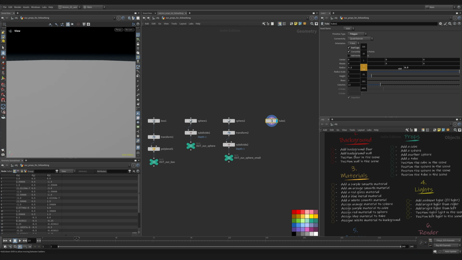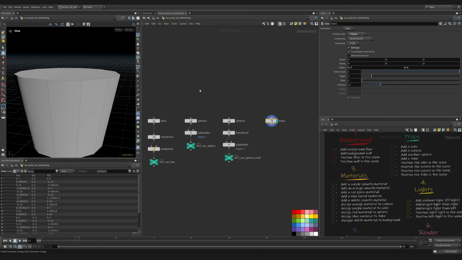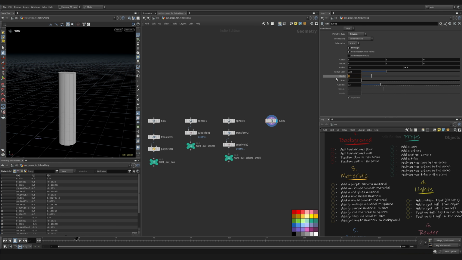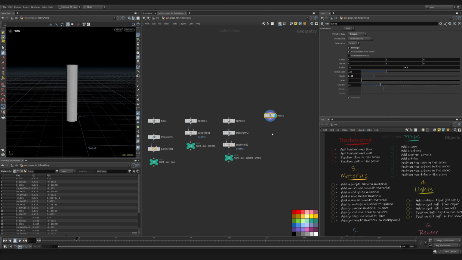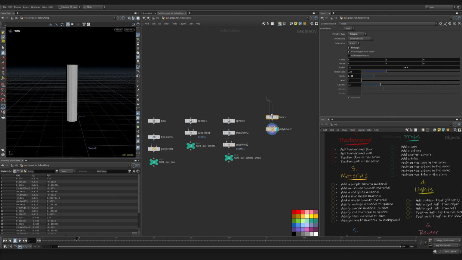Radius is the size. So again, middle mouse, you can select and drag to make it bigger and smaller. We'll leave it at 0.5. Scale the radius maybe to 0.25, and let's make it 1.25 in height. And now what we can do is our poly bevel again, and we'll see a new thing on this poly bevel node. So again, A, if we want to move these around,